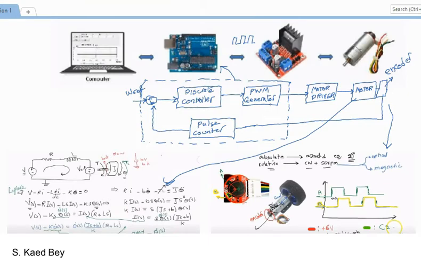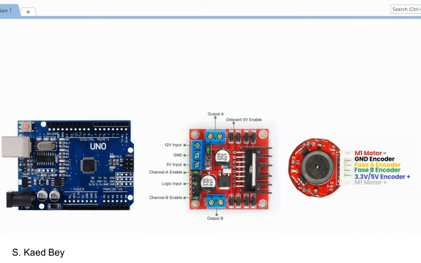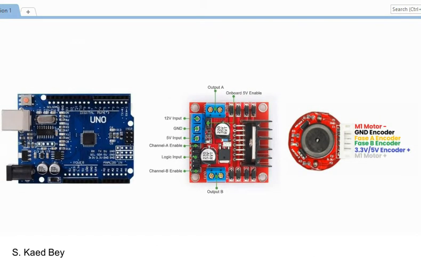Let us now go over the wiring diagram of the hardware, how the Arduino, the driver, and the motor, together with the encoder, are all connected together. Let us start first with the power supplies. Now, this motor is a 6-volt motor, so obviously all motors draw currents higher than what Arduino can provide. So for this, we need an external power supply, and we could connect